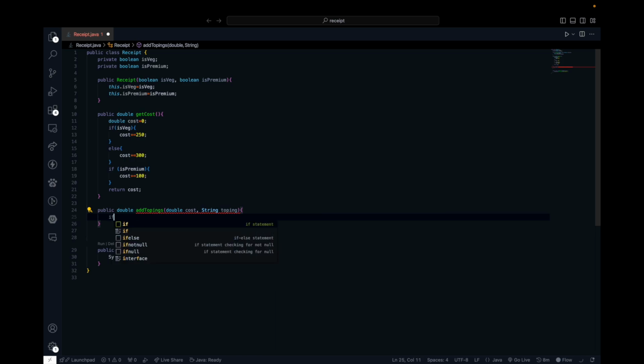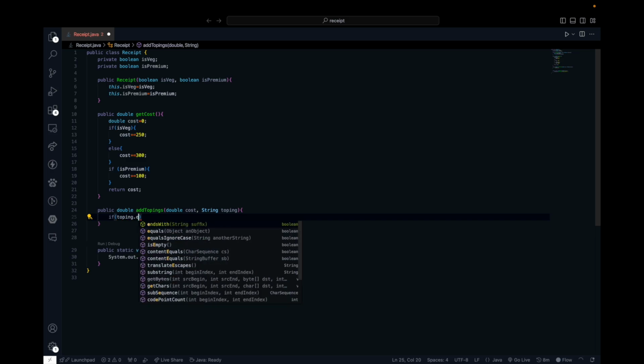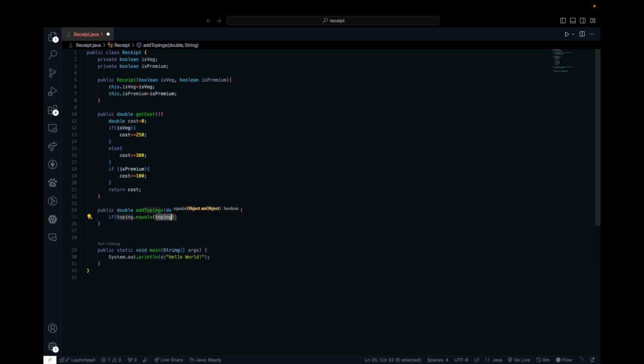So now, we discussed that we will be placing three types of toppings, right? So let us write those things. Let us check if topping equals cheese, then let us add,